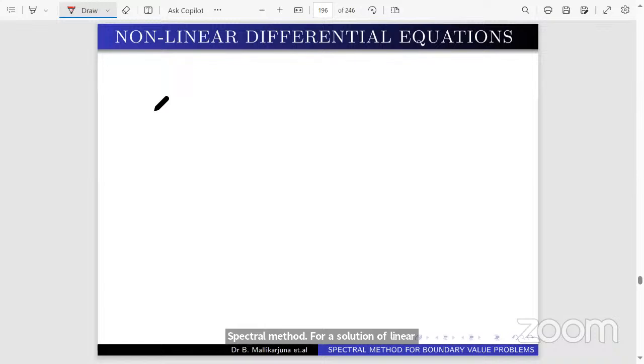ODE and PDE. The same thing you can extend to whatever PDE, which consists of 3 independent variables, or 4 independent variables, or 5 independent variables like that. This is a spectral method for solving ordinary differential equations and partial differential equations. This is only for linear. When it comes to non-linear,